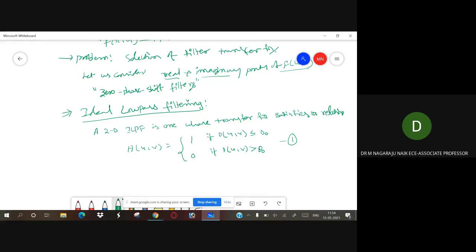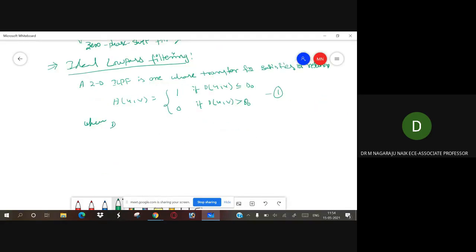Now this is the transfer function of the ideal low pass filter, where D naught is the specified non-negative quantity, and D of u comma v is the distance from a point u comma v to the origin.